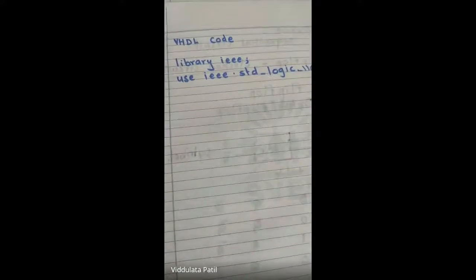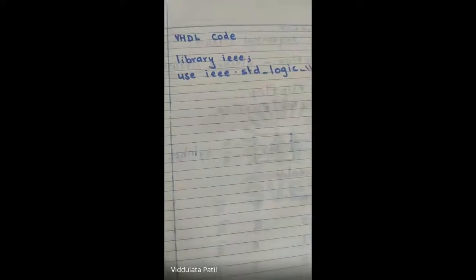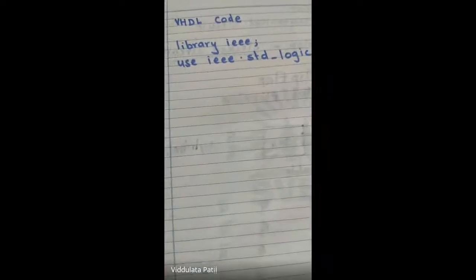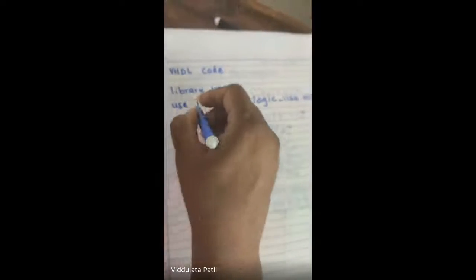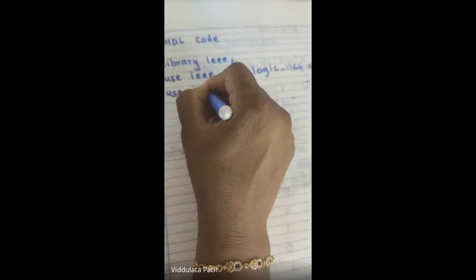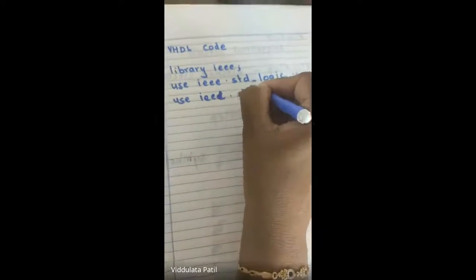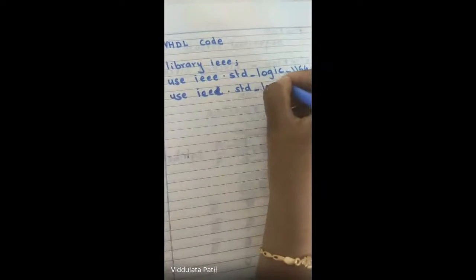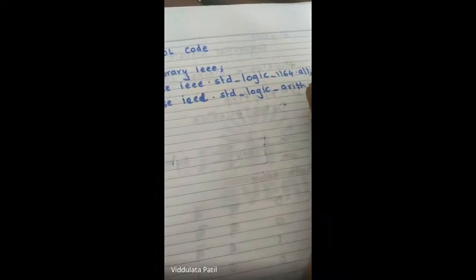Besides this library, we are going to add two more packages: the arithmetic package and the unsigned package. IEEE dot std_logic_arith dot all.